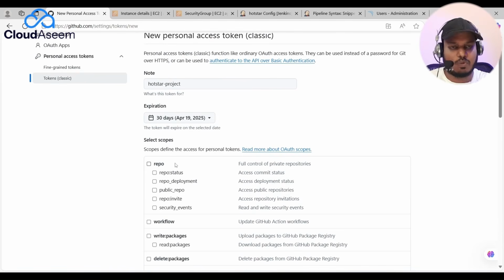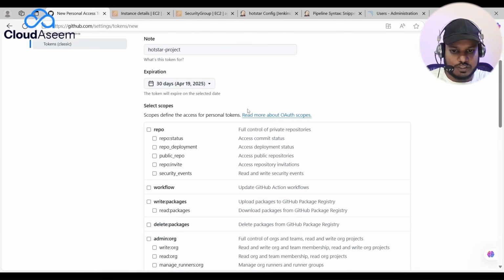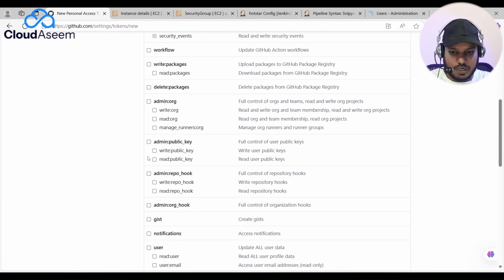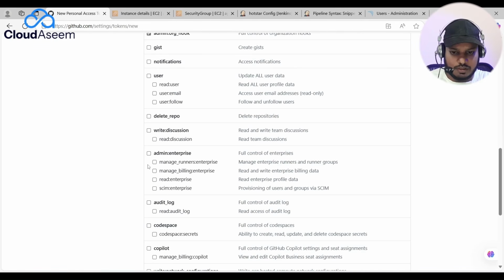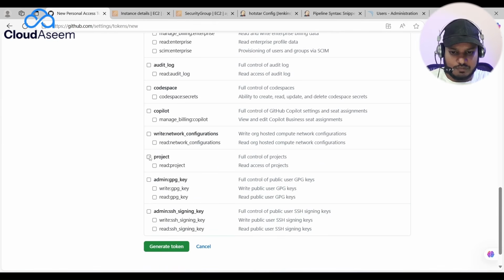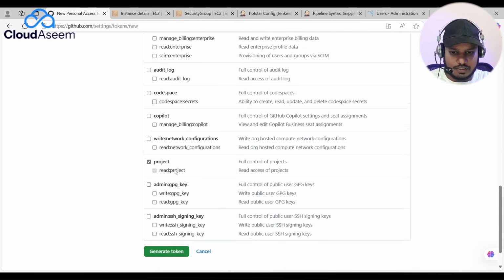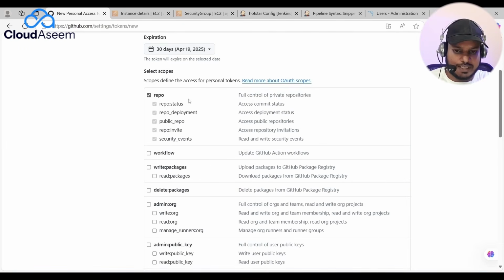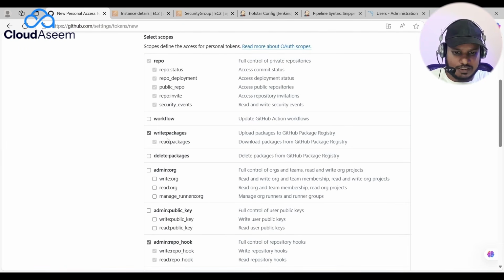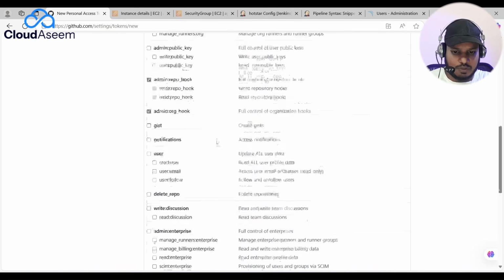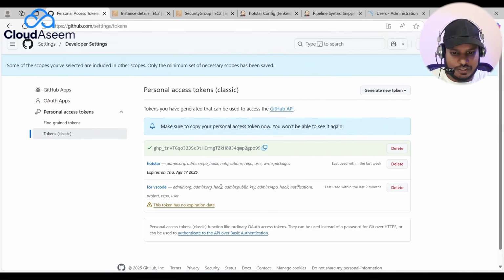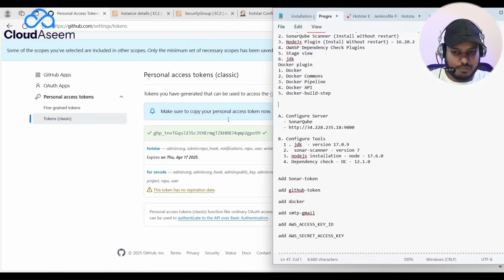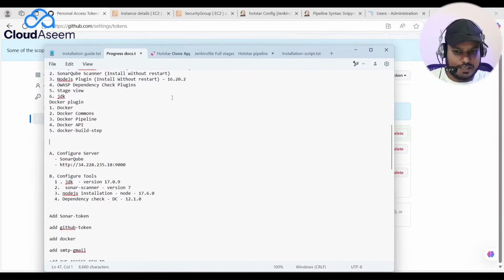Then it's asking what kind of permissions you are going to give for this token. For the classic token, I'm giving repo. Admin isn't required. Webhook, repo hook, user I don't require, enterprise no. Let me give project, signing, that's fine. We only need to give access to repo. Let me give packages as well. Admin isn't required. So all of this has been checked and I'm going to create the token. Now the token has been created. I'm going to copy this token and paste it in my file so that I can use it